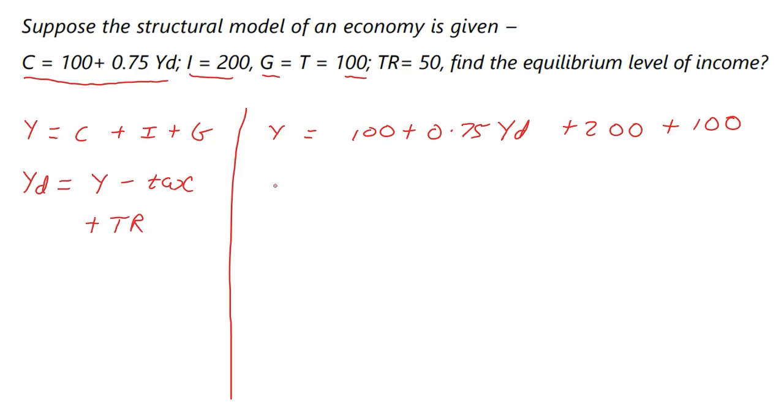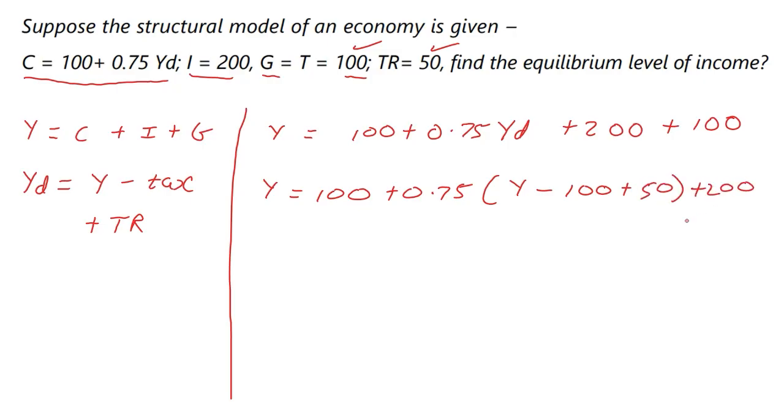So now if I have to expand this, I have 100 plus 0.75 open bracket Y minus tax, which is 100, plus transfer payment, which is 50. So minus 100 plus 50. We should have started adding by now, but I'll do it next. So next step, I say that Y is equal to 100 plus 200 plus 100,